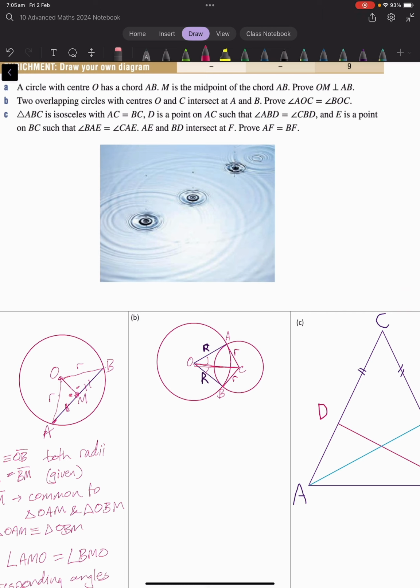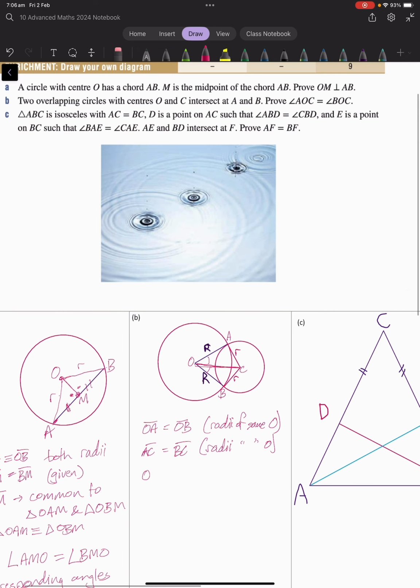So we can go ahead and write out our same argument as before. And this time, I'm going to let the diagram speak for itself, and I can say, oh no, I will write it out. So first of all, I've got OA equals OB. Those distances are equal because they're radii of the same circle. AC equals BC. They're also radii of the same circle as each other, not as the first two. And then I have OC is common